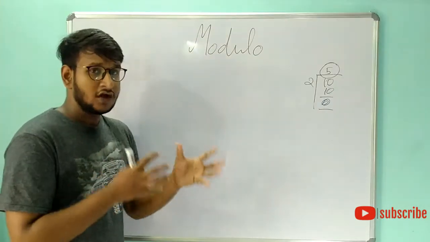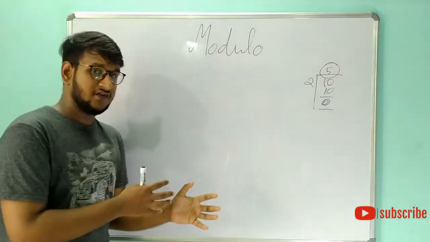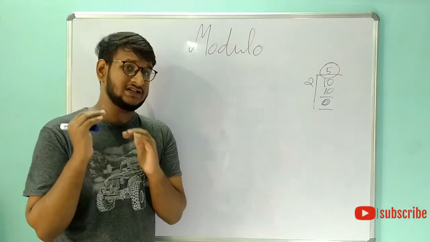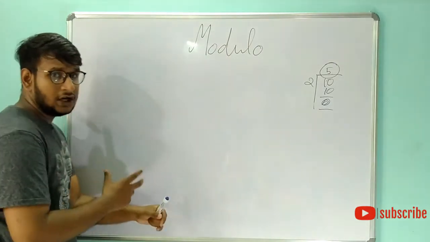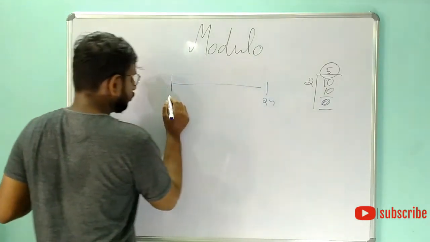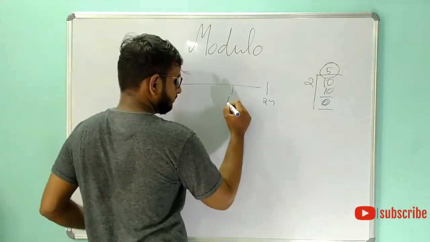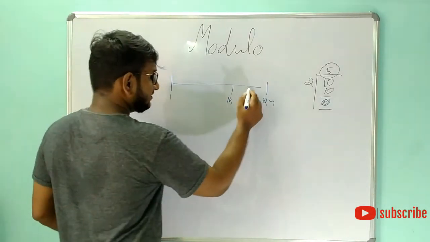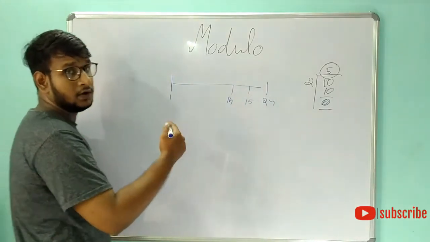One of the complex applications of modulo is cryptography, but it is not only used in complex things like cryptography, it is also used in simple things like seeing your watch and saying what the time actually is. In the case of time, we also use the modulo concept. We usually have digital watches, right? In digital watches, we have time from 1 to 24. If it is 3 p.m., it will show as 15.